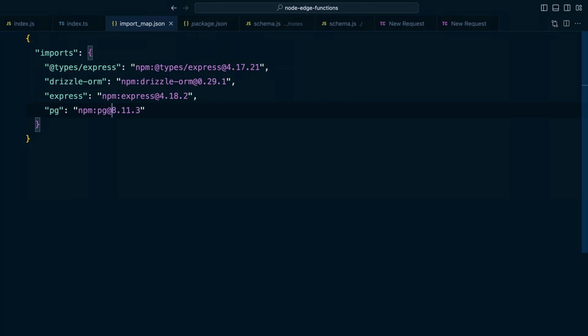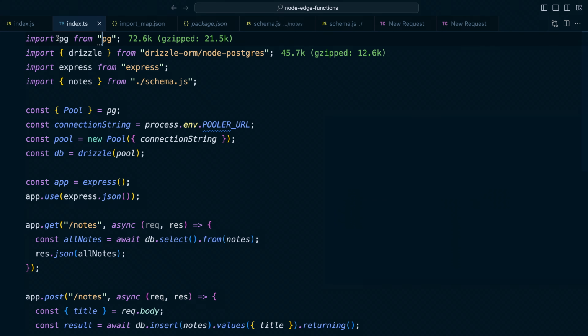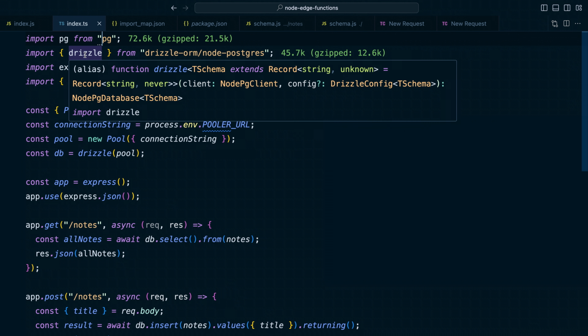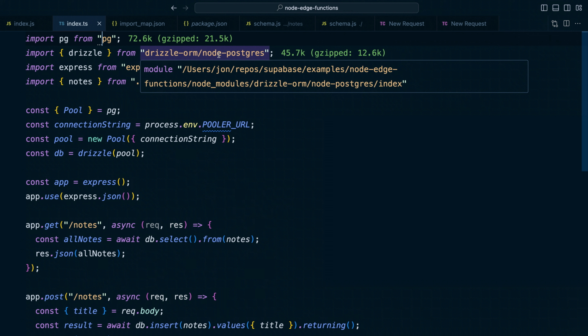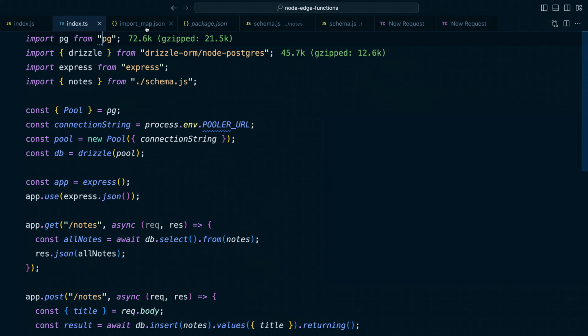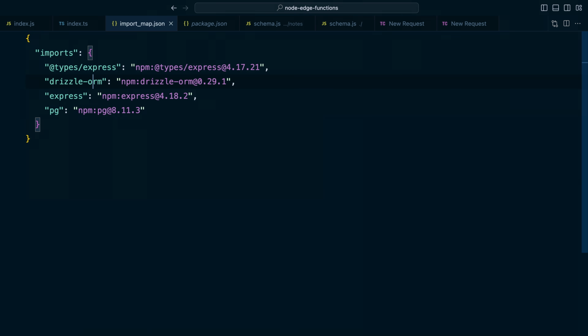Now something to call out here is this will work fine for PG and Express, because if we have a look at our imports, we're just importing the default module from both of those packages. But with Drizzle, we're importing from Drizzle ORM and then going to the submodule node-postgres. So to make submodules work in our import map, we just need to duplicate this line for Drizzle and say